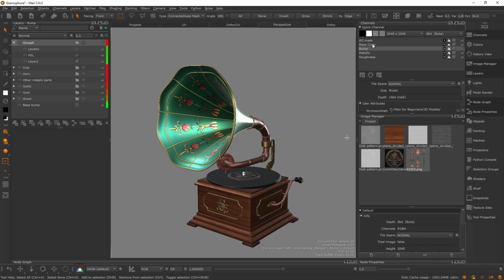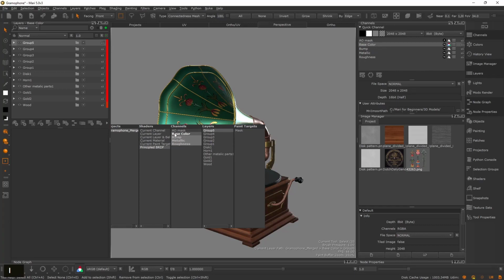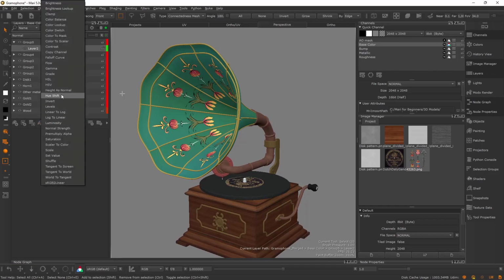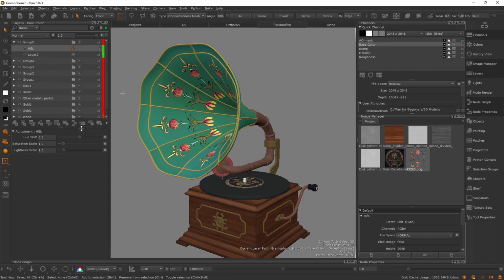So let's go back to coloring and current channel. Maybe for this area, let's add an HSL, a little bit less saturation, and also you can switch the hue as well. All right,